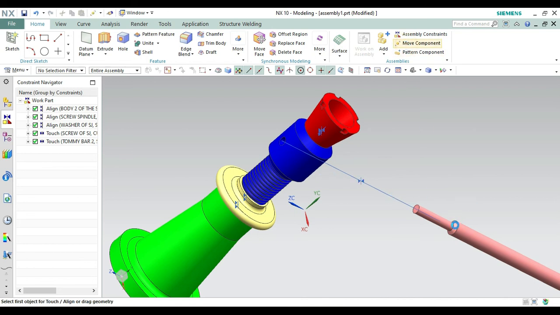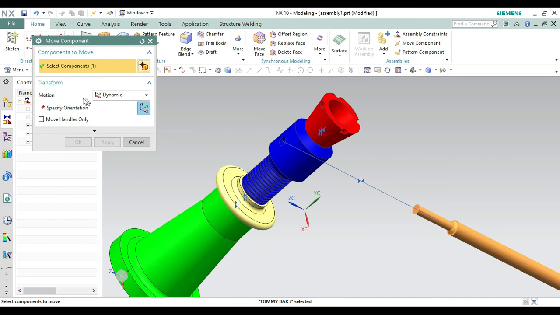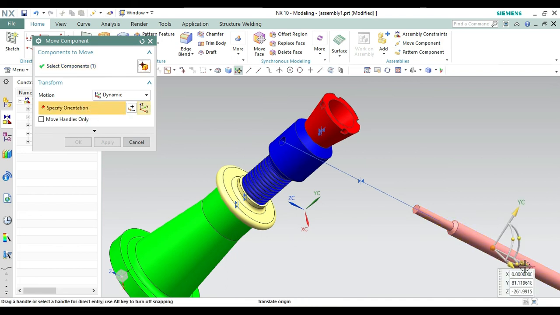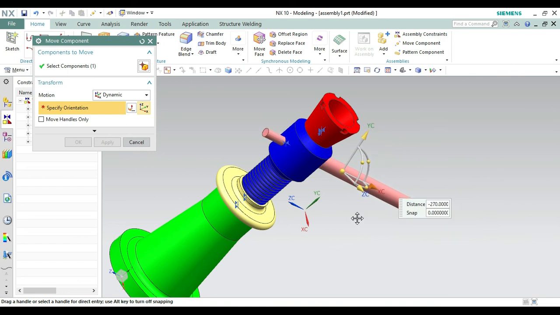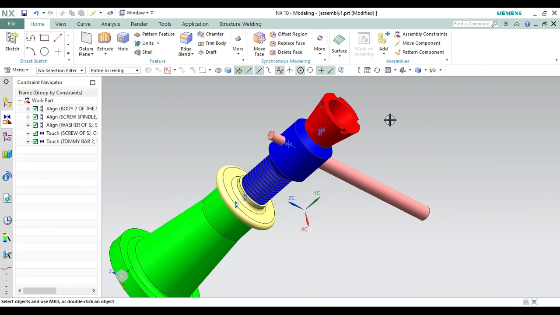Okay, so go to move component, select this one, select the orientation, select this, because we have to rotate, take that in the y-axis, so you have to take that one. Okay, like this one, take that to this one and make that. Okay, now you can see assembly has been done. From here you will get an option of show and hide. Okay, so what we want to see, let's show and make other things hidden.